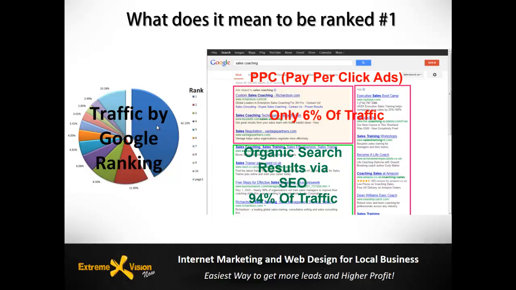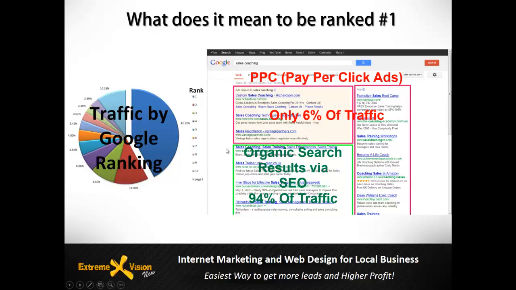This is what their official reports tell us: over 42% of all search traffic goes just to this #1 spot. So if your company, let's say you're a granite countertop company, and somebody types in granite countertops Boston in this location, then over 42% of people who are searching for that are going to click on this #1 spot. That could be a lot of traffic if you're in a high populated area.